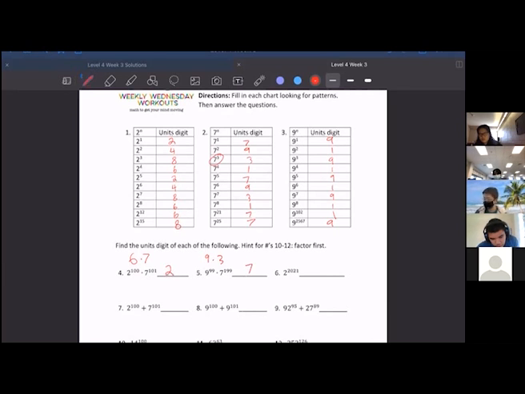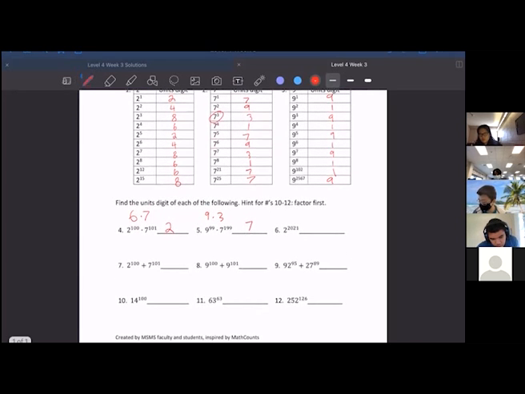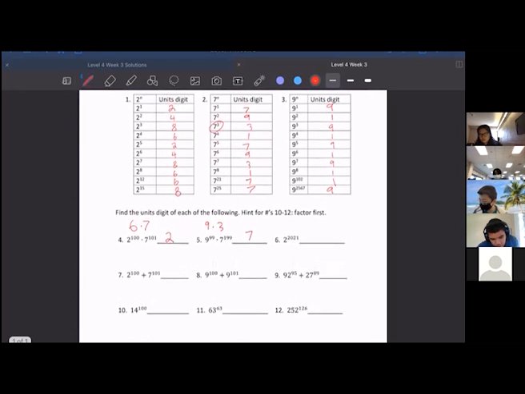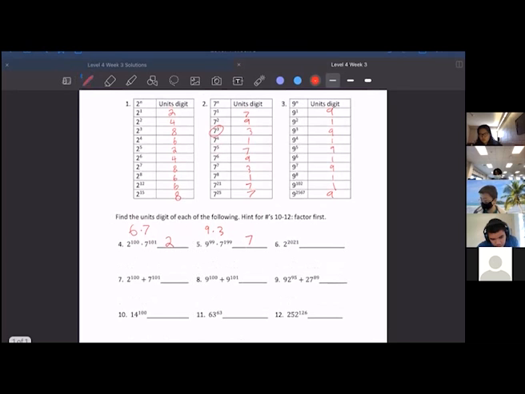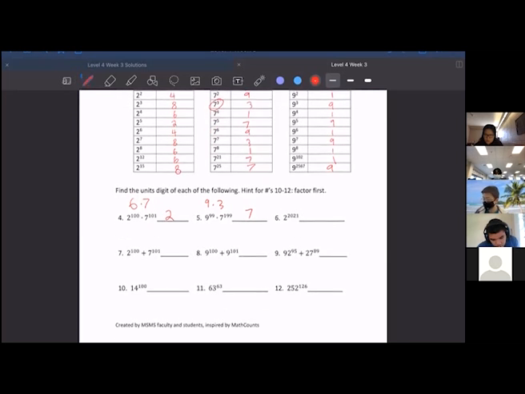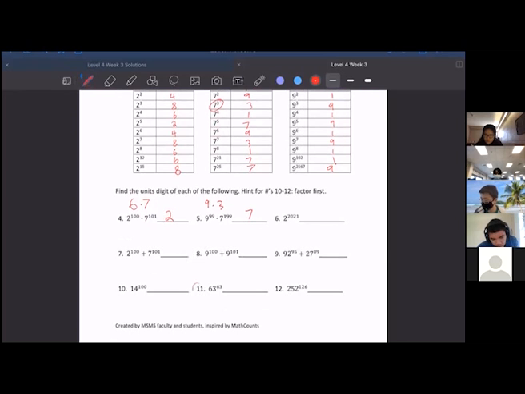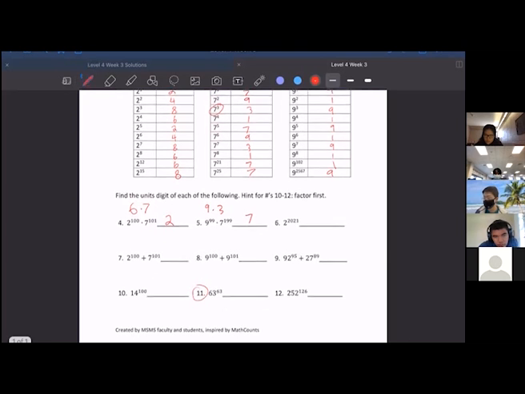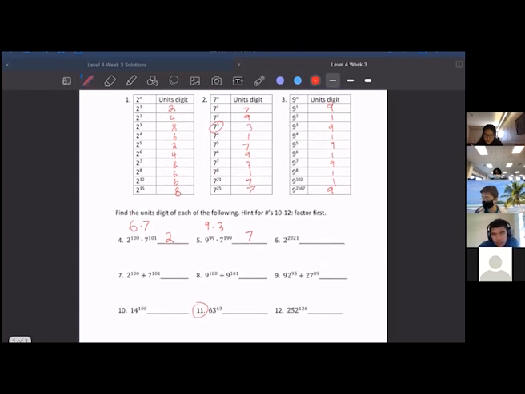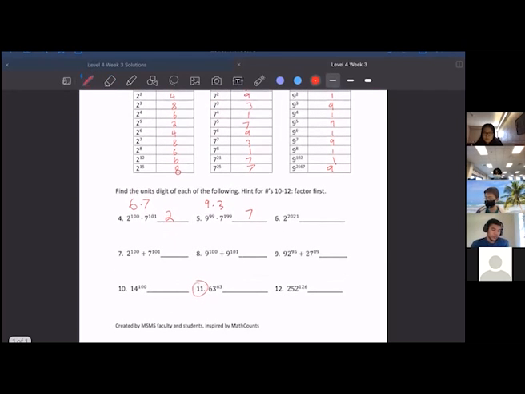Okay, so basically the rest of these problems are kind of the same thing, but for some of them, you might have to do a little more simplification. So real quick, before we leave, I want to do something like number 11. So 63 to the 63rd. We haven't actually had any problems with looking at the patterns for 63. But what we do know is that 63 is equal to